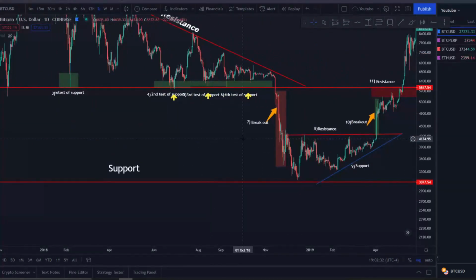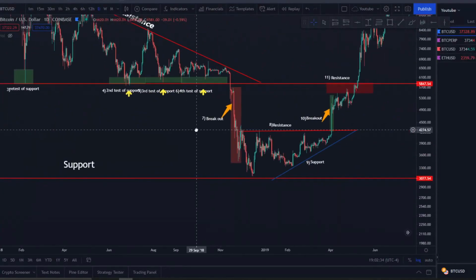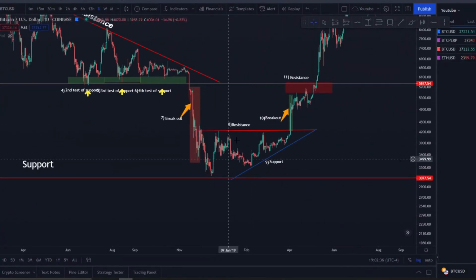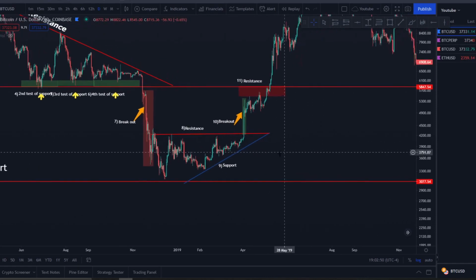So we bounce off here, and then we come over here and we find some more resistance. See if that's relevant. No. So we find some resistance right here. Boom, rejected. Come down, we hit the support, and then boom, up again. Resistance, rejected, come down to support, and then we kind of lay on support, and we kind of bottom out right here, and then we have a breakout, and then boom,